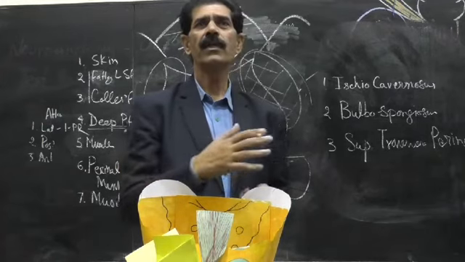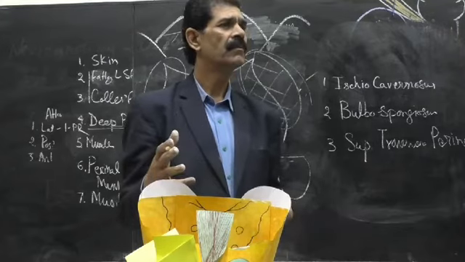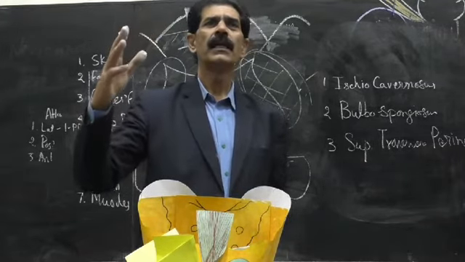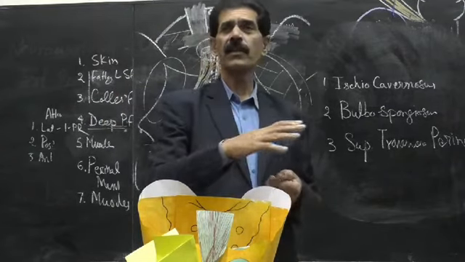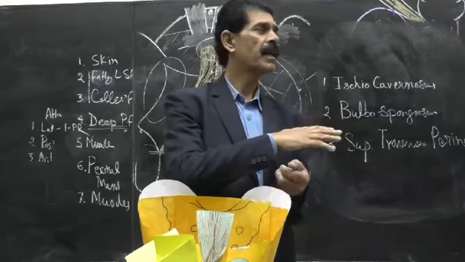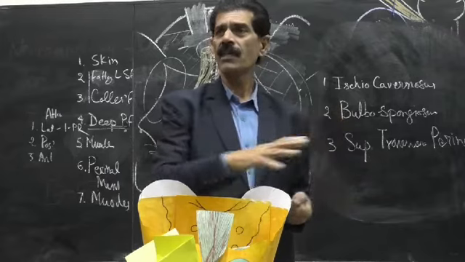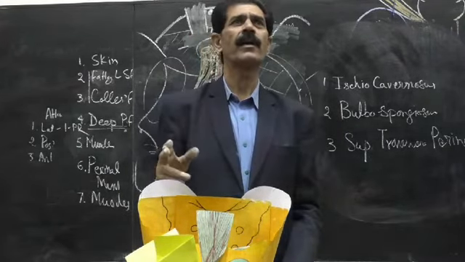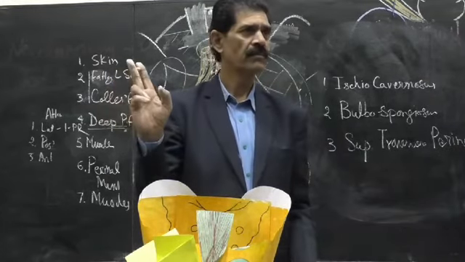And the whole of the urinary tract has been lined by transitional epithelium. Why? Because starting from the pelvis of the kidney to the ureter, the urine comes with a speed. So the upper layers of the transitional epithelium wither off every day because of the fast passage of the urine. That's why a special epithelium has been provided only in the urinary system, not found in any other system. This is the reason.